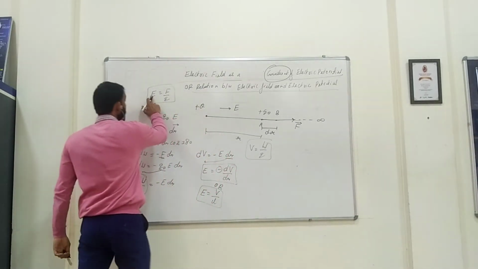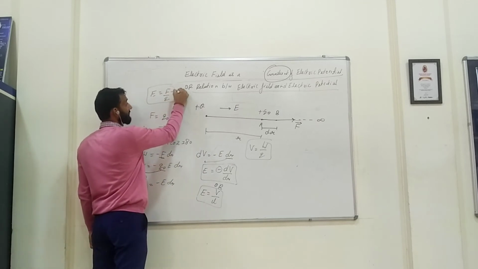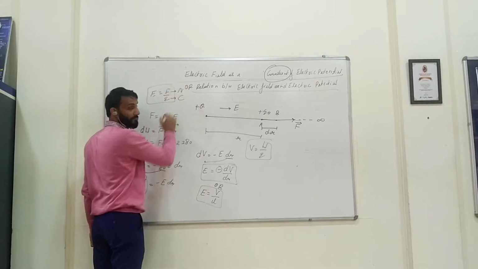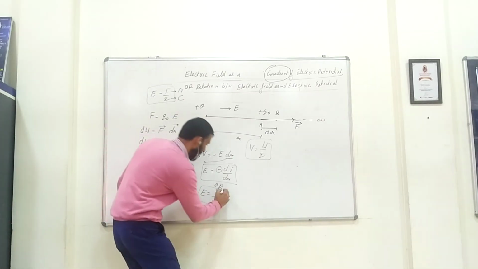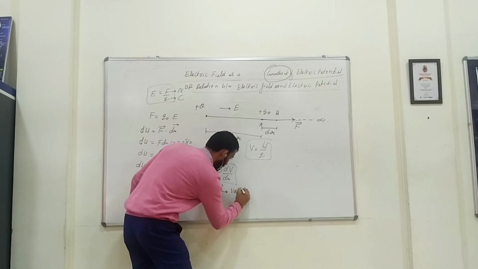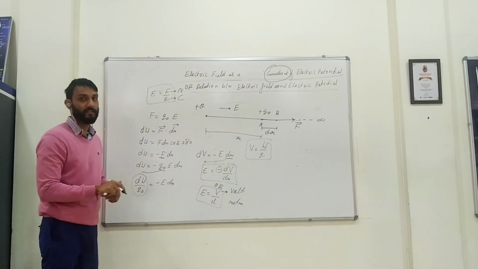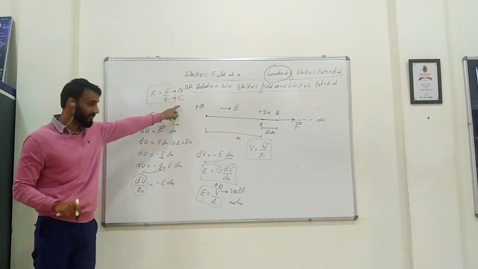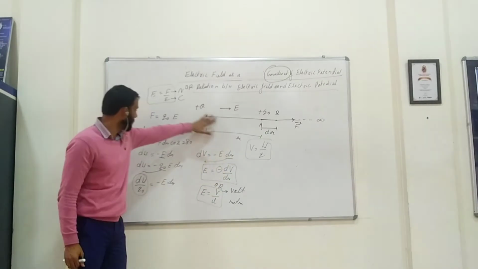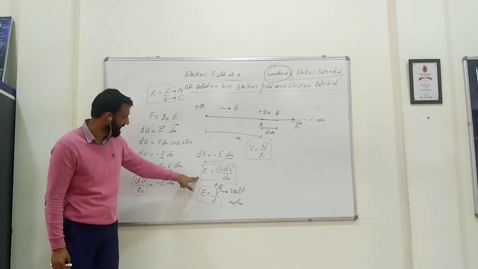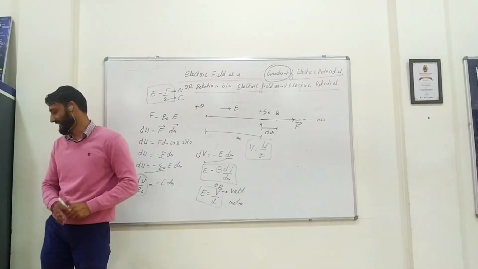Now, from here, what will be the unit for electric field? It will be Newton per Coulomb. And what will be the unit of electric field from here? It will be volt per meter. So you have two units for electric field. Number one, Newton per Coulomb, and number two, volt per meter. You need not worry about this whole part. You just remember this part and this part, and you should remember the meaning of why this negative is there.